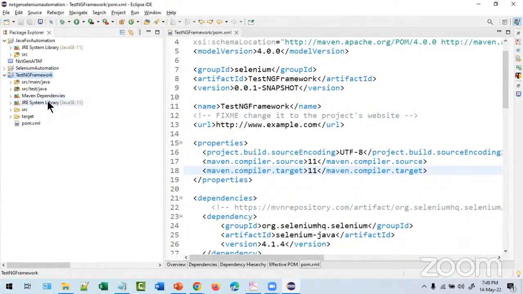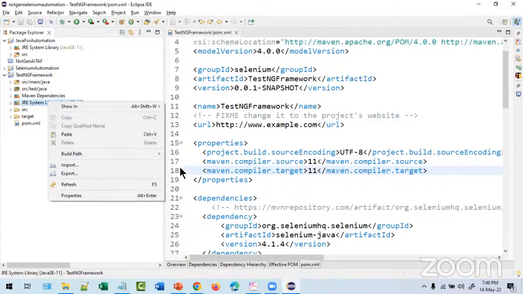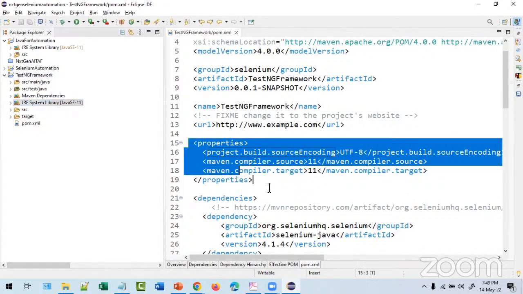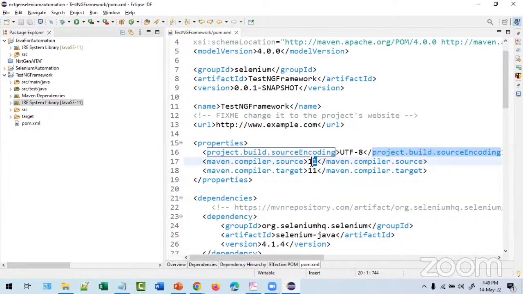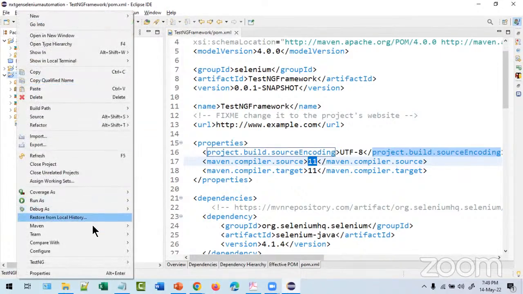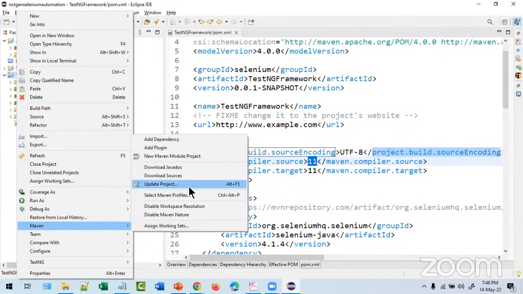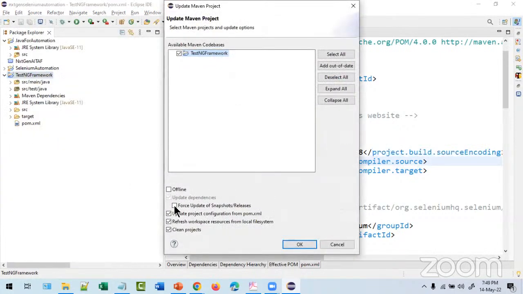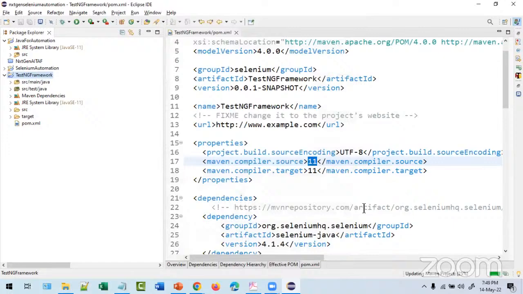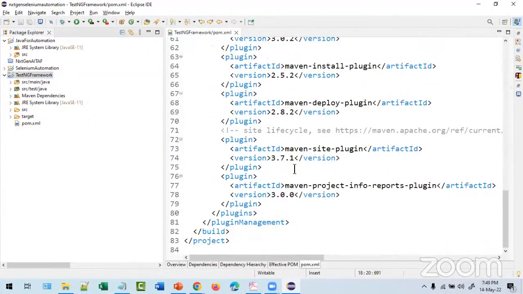First I taught you how to do it manually, right? In the properties, what is the Java version you're going to use? JDK 11. Just give 11 and save it. But the step you have to follow after that is to update the Maven project. Maven, update project. Choose this one: update, force update of snapshots and releases. That's it. The entire project will be updated. Now mostly the POM issue will be resolved.